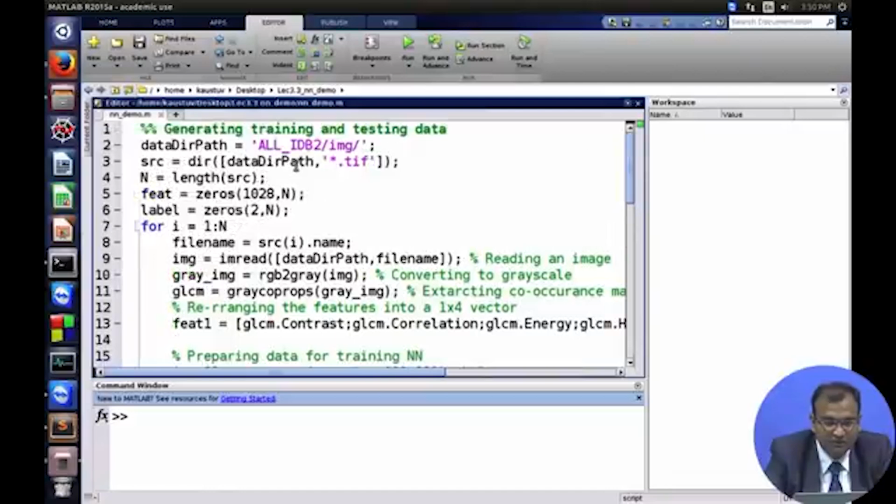So what we do is, I'm just doing a bit of bookkeeping over here. I get down to the path of where my data is kept, and then I read all the images present over there using this directory function, and look at how many images I read. Now from there, what we do is create two different